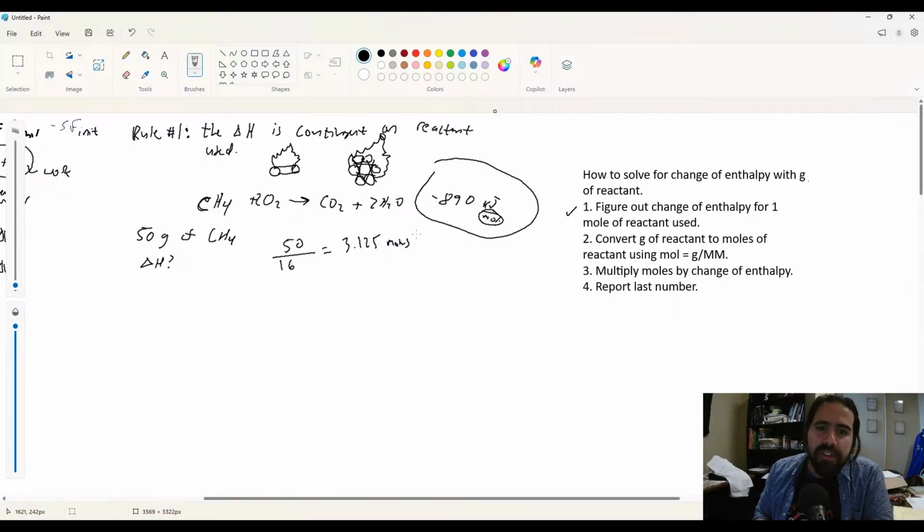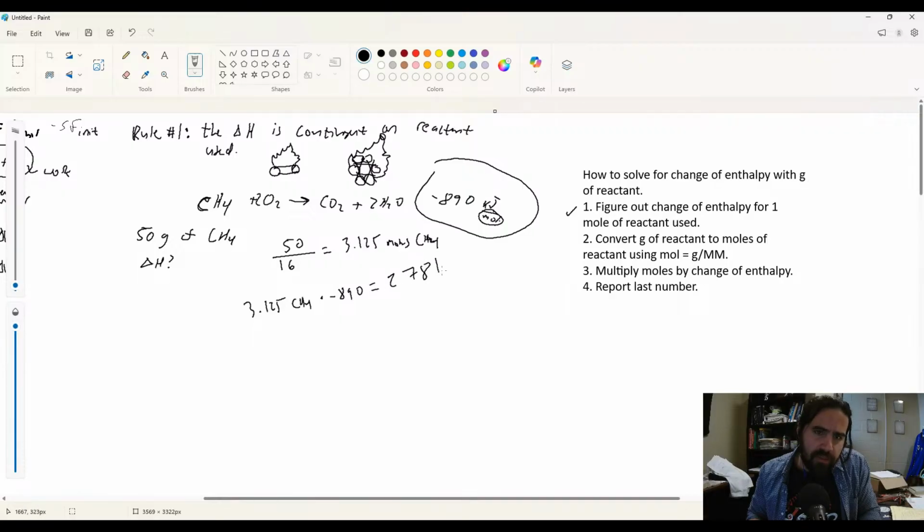So that's the amount of moles of methane that we have. Once we know how many moles of methane we have, and we know that that's the amount that's getting combusted, we multiply this guy by our minus 890. Times minus 890 gives me, it's a big number, 2781.25